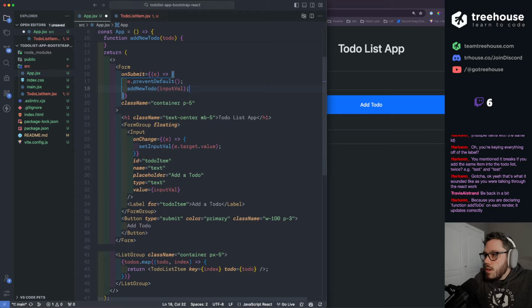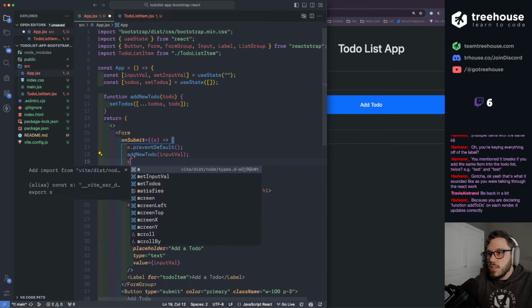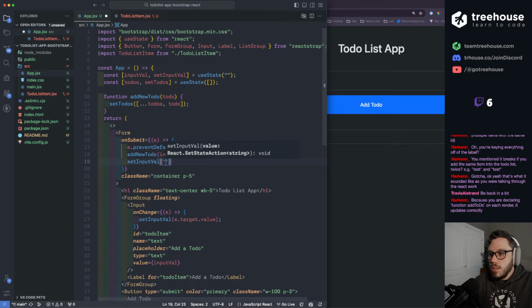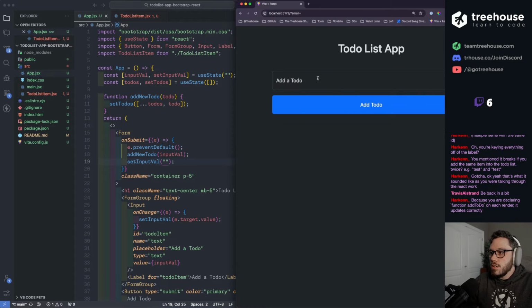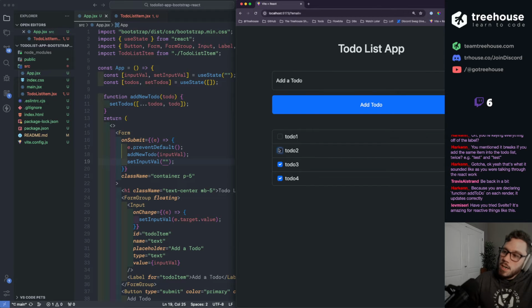Okay, so now I want to take that input and take the value of it and empty it. I think that's easy. We just need to update the state for that. So we could say set input val to an empty string. Would that work? To do one? Yeah, to do two, to do three, to do four. Sweet. All right, now rendering the delete button should be pretty simple.